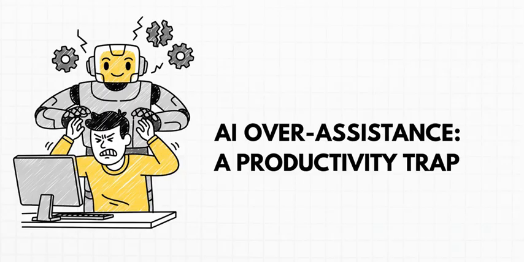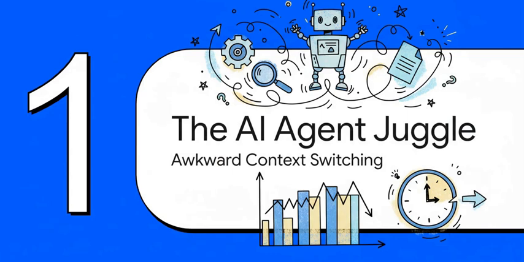If you're a developer, you've probably felt this, that little bit of friction, the clunky workflows, that feeling of your concentration just shattering. It's a super common problem, but it also points to a much, much bigger opportunity. At the heart of all this frustration is something we can call the AI agent juggle. It's that messy, awkward dance we all do trying to cram these amazing AI tools into a workflow that, let's be honest, needs our complete and total focus. Let me show you exactly what I'm talking about.